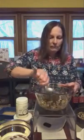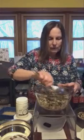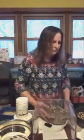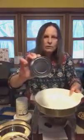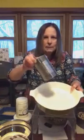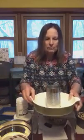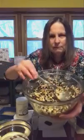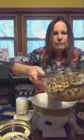This mix of birdseed I have has sunflower seeds, some cracked corn, and other birdseed. A little later I'll be giving you a recipe for making your own birdseed if you choose to do that at home yourself. We have that done. So today I'm going to use this pan, and I'm just going to use a tin can. I sprayed my pan, I sprayed my tin can, and put this in the middle so that I can make a wreath. And then all you have to do is take your mixture, birdseed, gelatin, put it in the